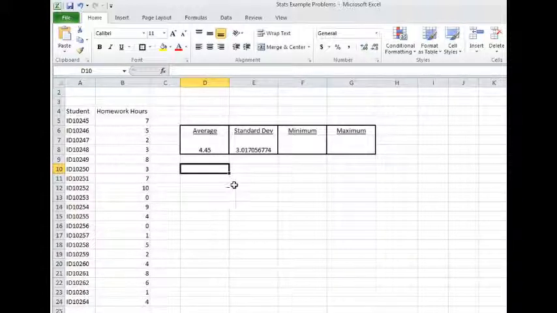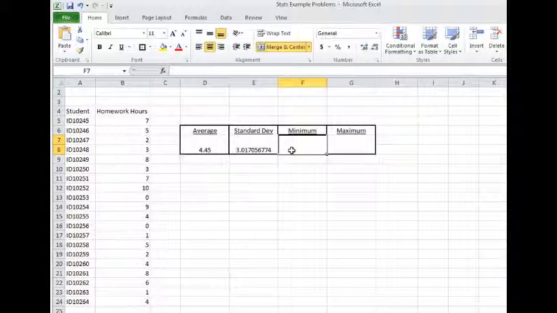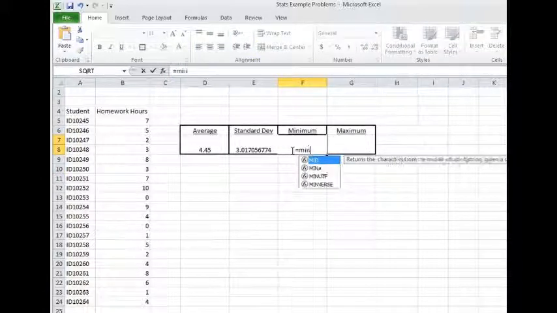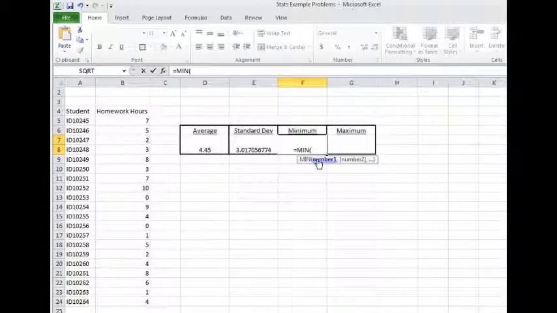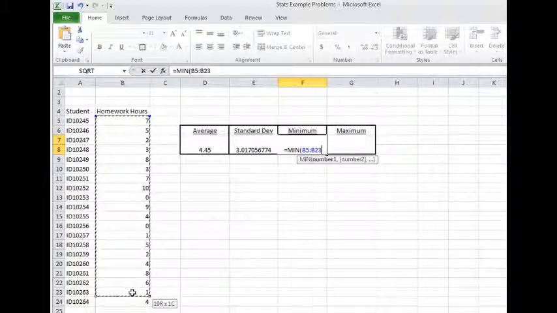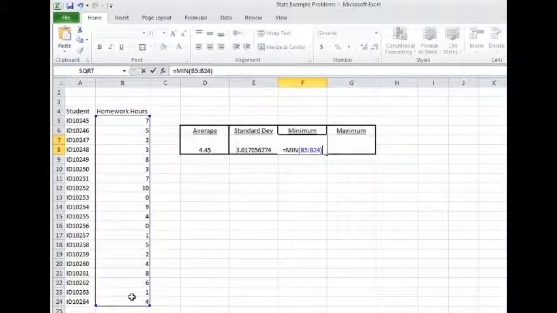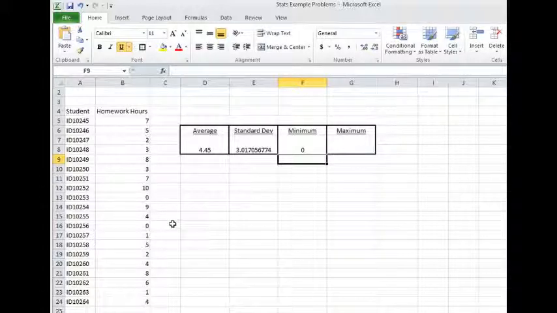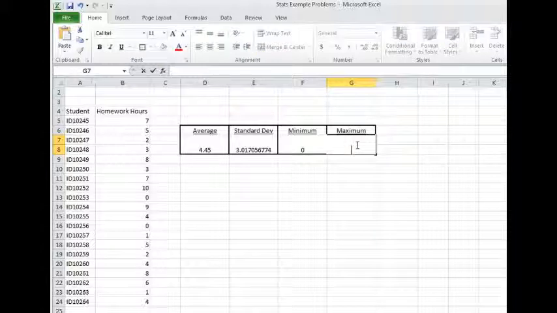Same thing here, equals min, the smallest number, and then you guessed it, we're going with this same data set right here. The smallest one is a 0, and yes, I do see a 0. And I think this maximum is probably going to be a 10. And so we have our max,